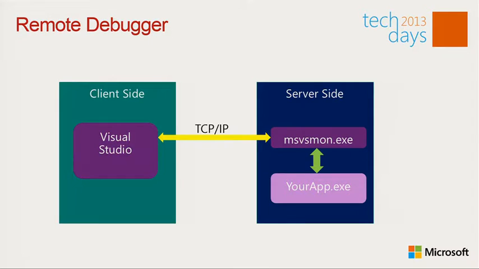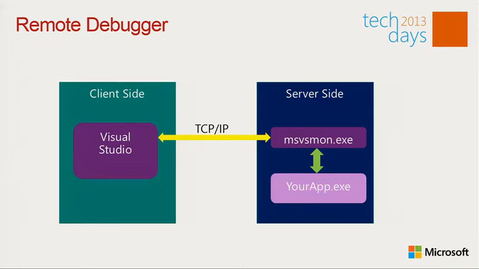So the remote debugger is actually reasonably different in Visual Studio 2012 than earlier versions, even though the UI looks exactly the same. Underneath, it's been completely rewritten. So on your client side, you just have Visual Studio, and now that talks over TCP to MSVSmon on the remote side. And what that means is that